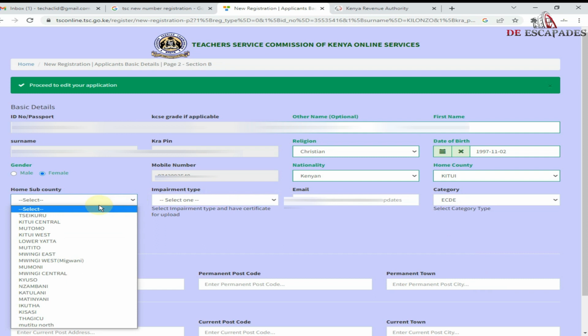Then it's going to ask you if you have any type of impairment or are you disabled, where you'll have to select appropriately if you are disabled or not. From there, you'll have to go and input your email,